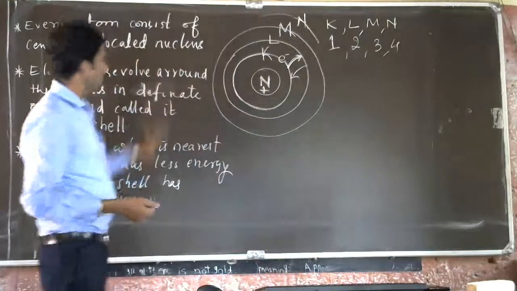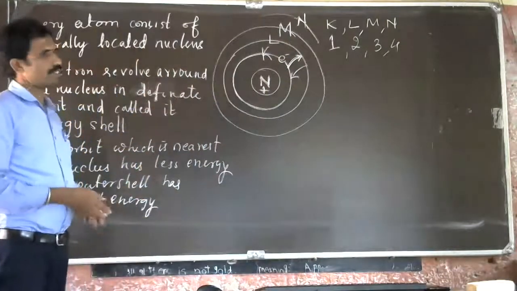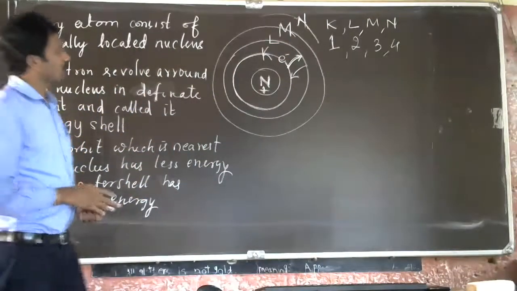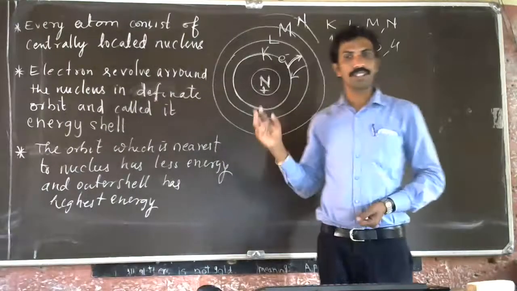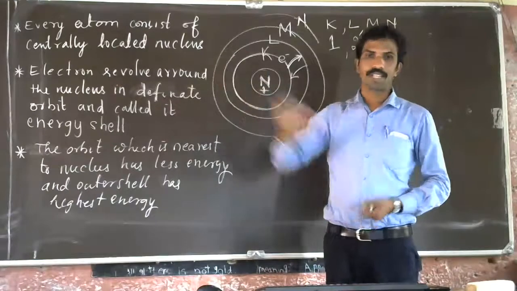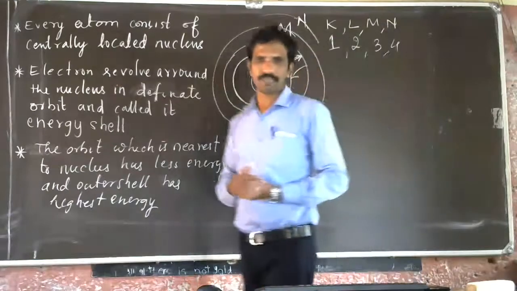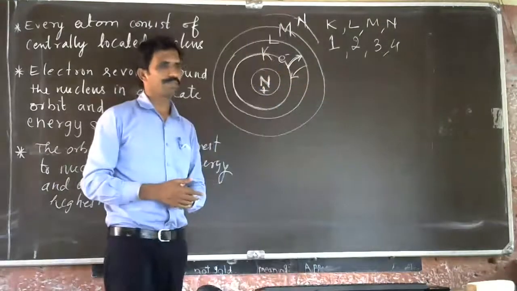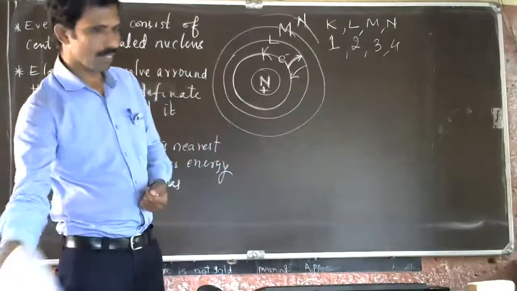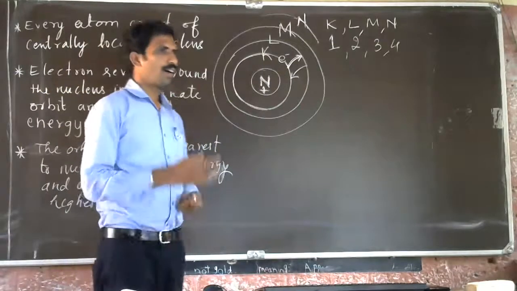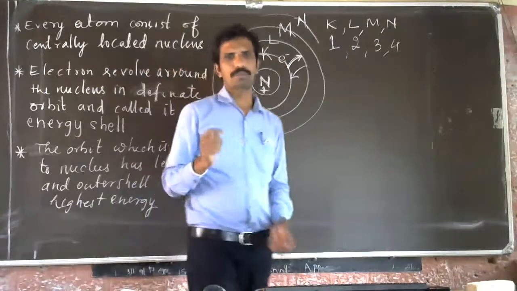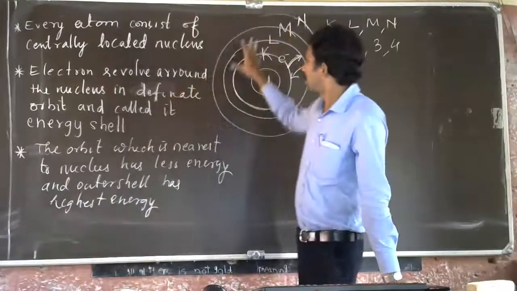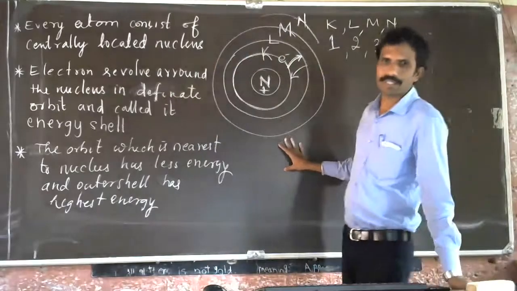So this you already know. This is also given in the exam textbook. After this, the neutron was actually discovered. That we'll see later. This is how Niels Bohr's atomic model was proposed.